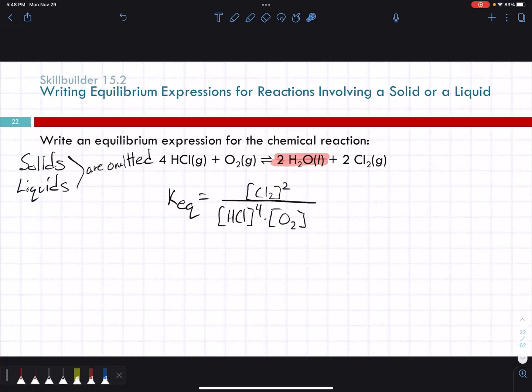I'm still stuck on the solids and liquids. Sure. Why they matter sometimes, and right now they just don't matter. Like if we had a reaction equation, and I gave you the mass of solid magnesium reacting with HCl to produce hydrogen gas, you would use that then to calculate how much you could make. Is that what you're talking about? But in this situation, we just leave it out.